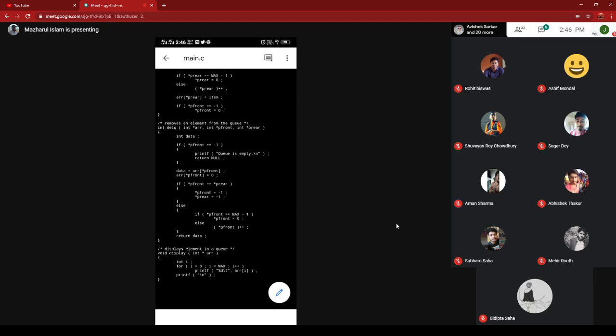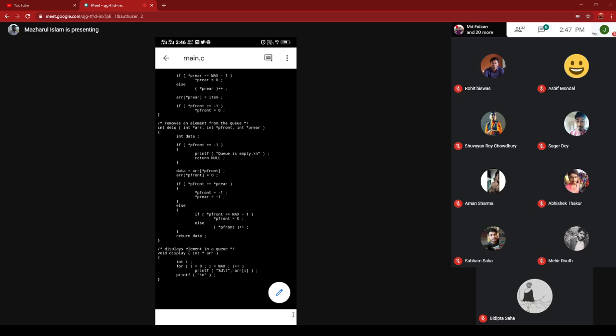Okay, and in the previous step you have data equal to r. You have already taken that element in data. Now you are just changing the p front and p rear variables to minus 1. Otherwise, when more than one element is present, the else block will be executed. When only one element is present, that means p front equal to p rear, this if block will be executed. When more than one element is present, then the else block of code will be executed.